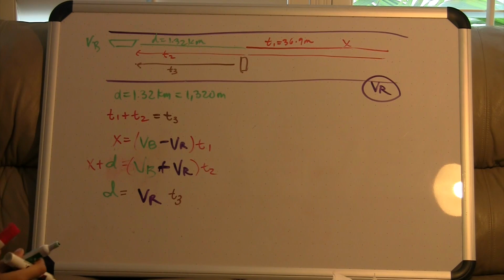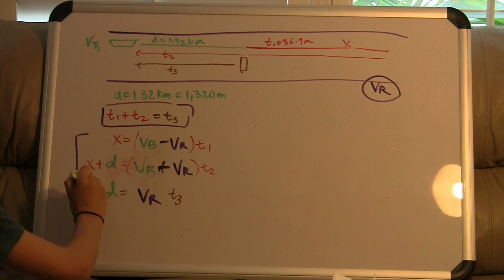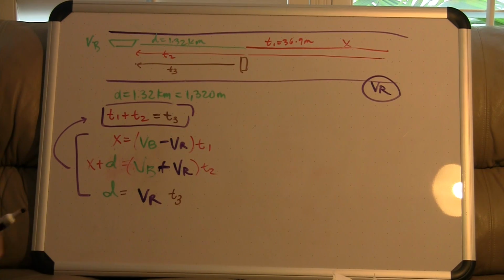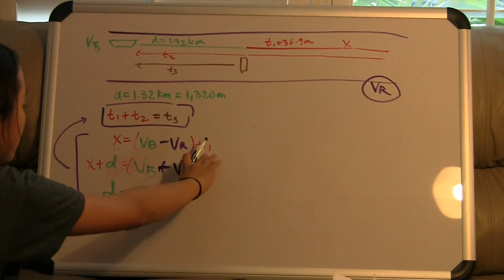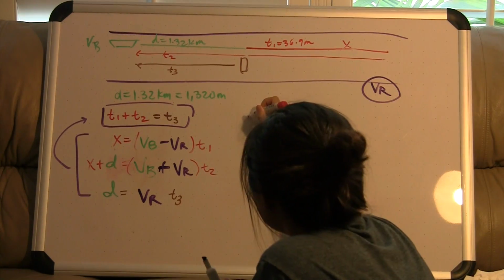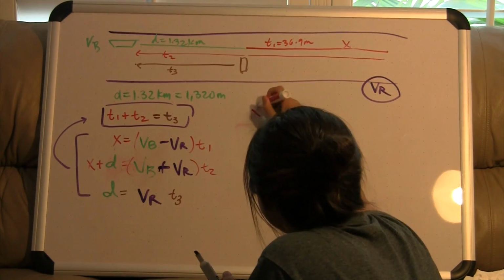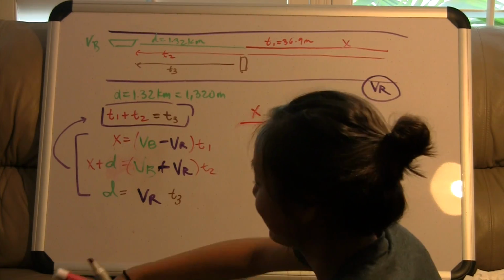So now we can start to make the systems of equations and start canceling out variables. Let's start with the relationships that we do know. Let's take this equation and apply these three to that. So if we simplify this, and if we take this equation and write it in terms of T1, we get T1, which is just x over this velocity, x over,